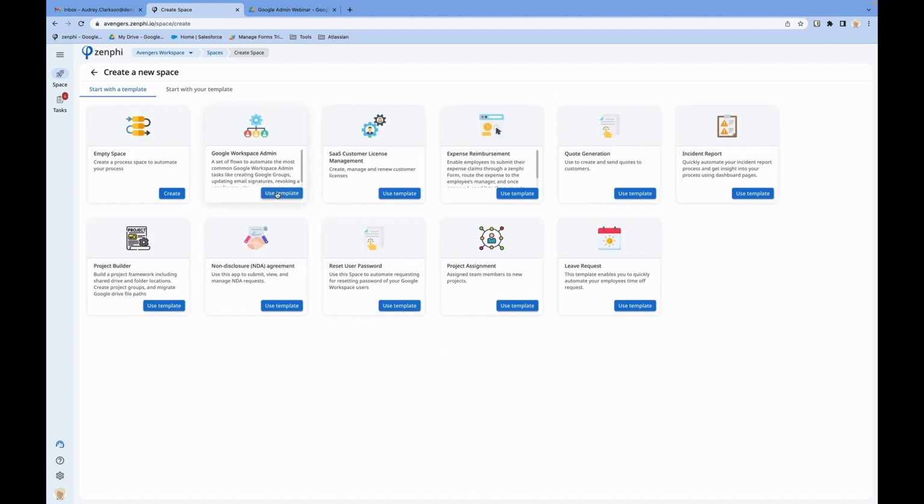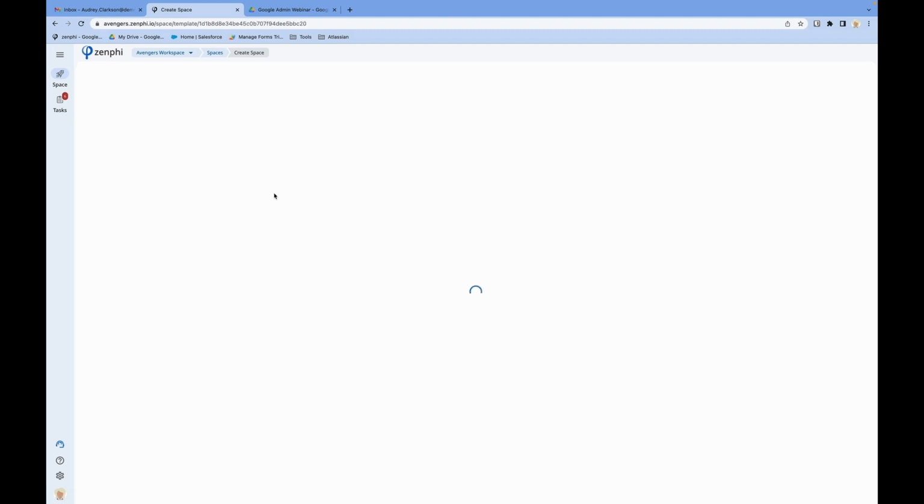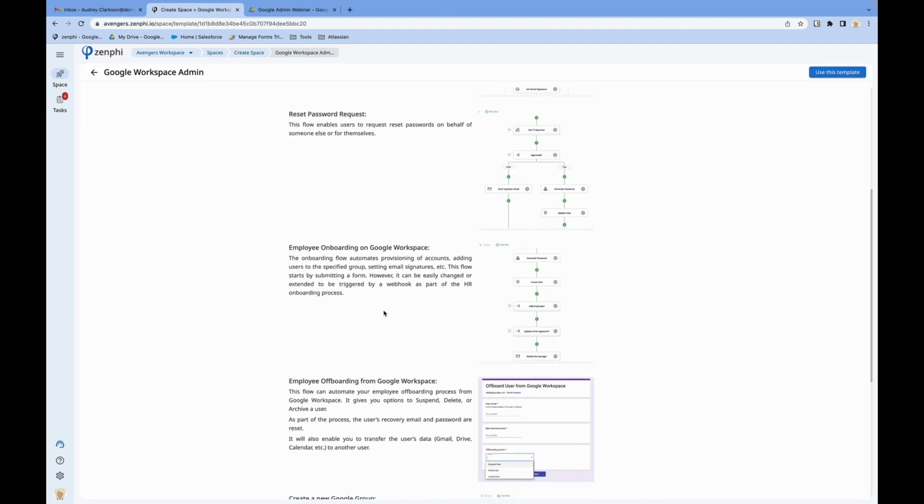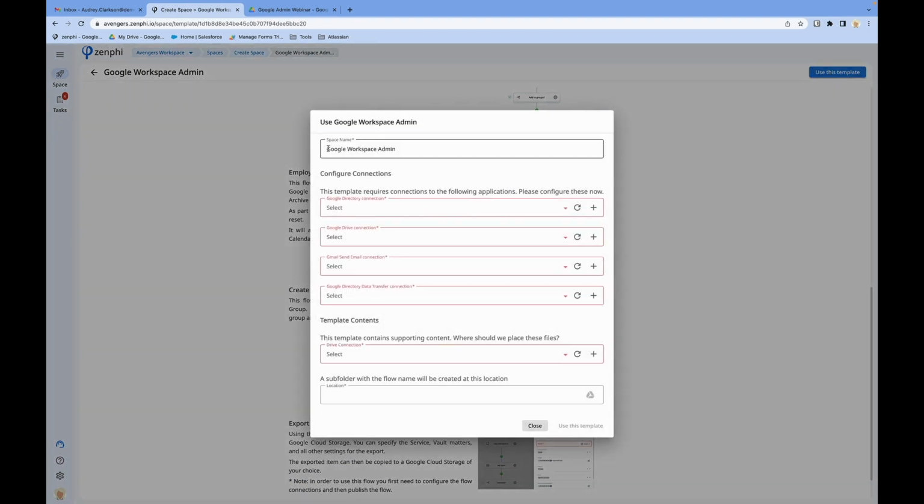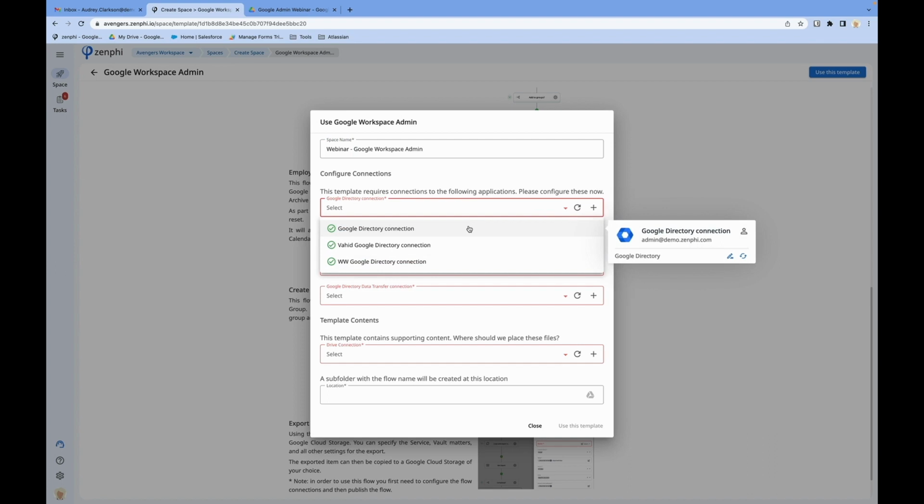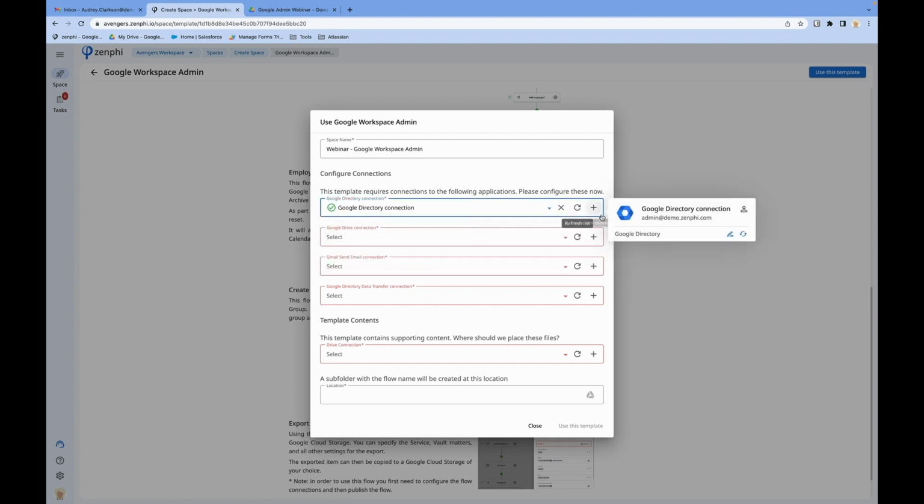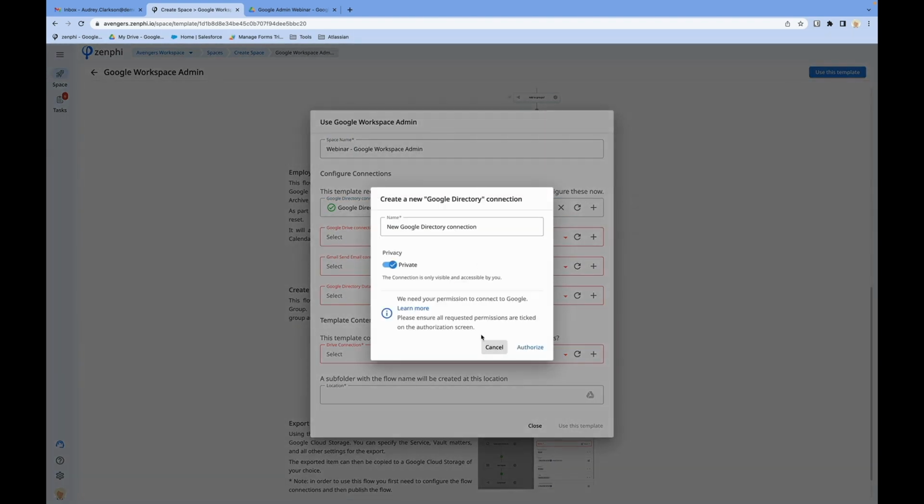So let's get started. Here, I'm going to be using this template. Click on Use Templates. As you can see, we've got quite a few functionalities available in this template. This is the one I'm interested in. To use a template, you just click on Use this template. There's a little bit of configuration required to make sure this is up and running when you create it. I'm going to give it a name, Webinar-Google Workspace. And here you need to select the connections required in this template. If you have a connection, you can select it from here. If you don't have one, don't worry, you just click on the plus button here and you create a connection